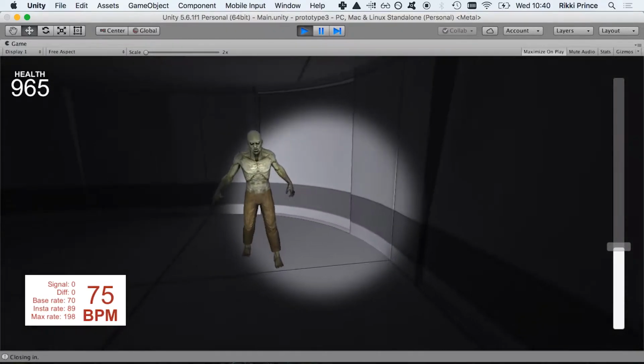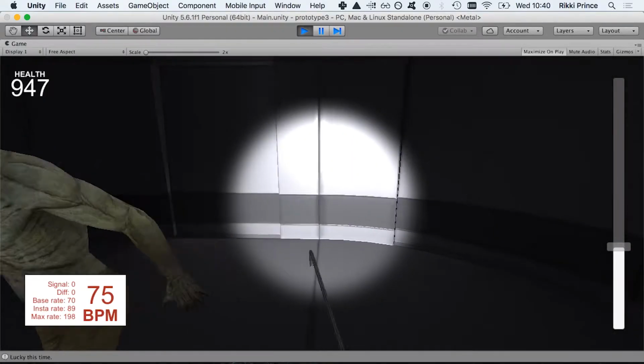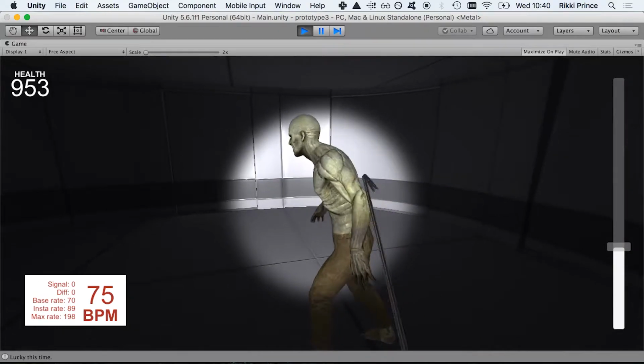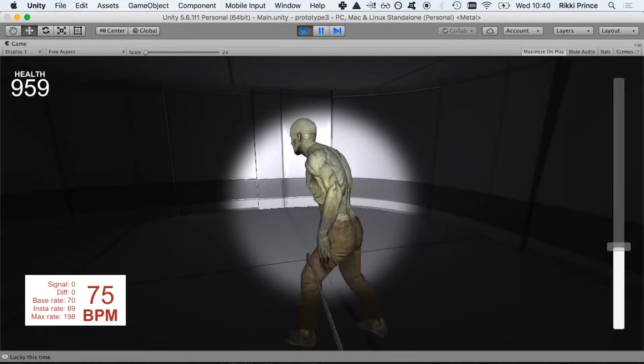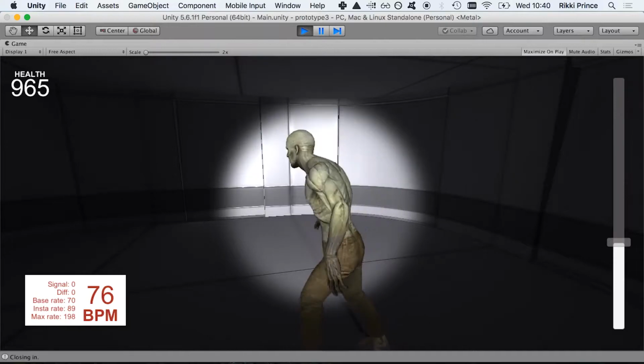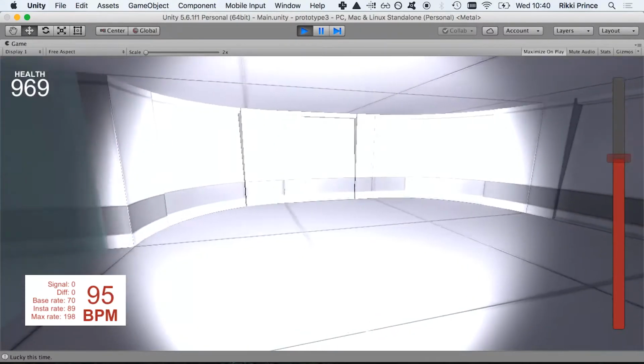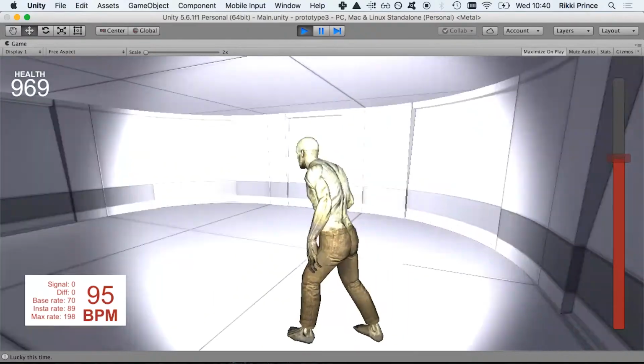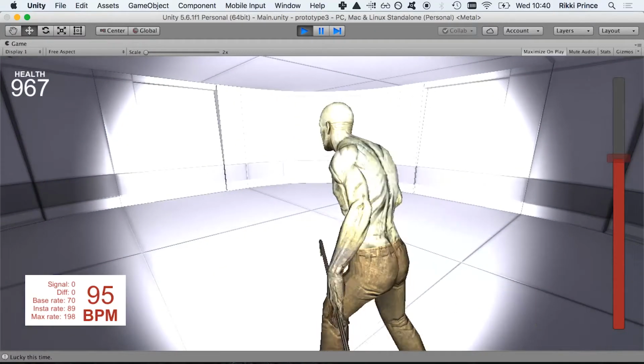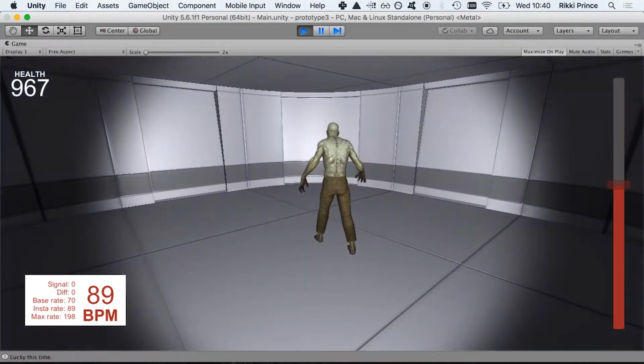Is it intentional? I guess it's to make it more spooky when you're calm, to try and get your heart rate up. But also, if it's when your heart rate's up and you can see everything, then you're more in control. So I'm gonna die. Well, you're way above the insta rate. The insta rate is 89, so